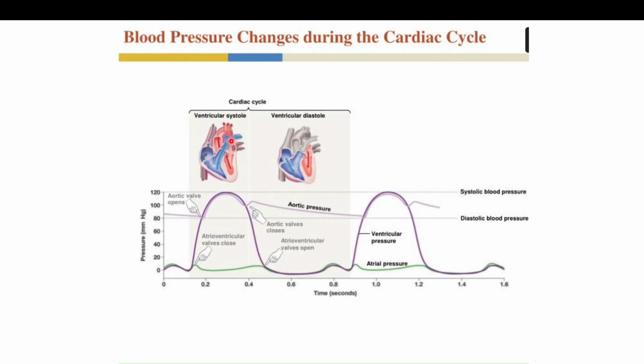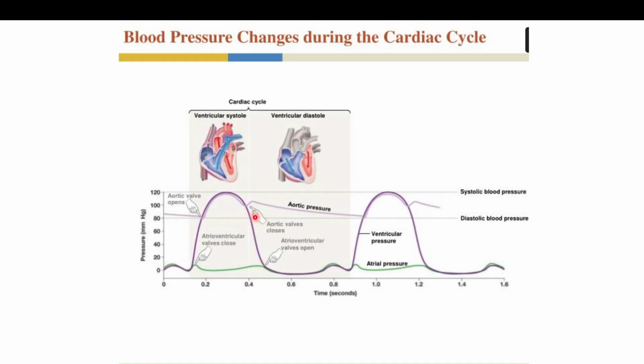So, first is the ventricular systole, where the ventricles contract, and ventricular diastole, where the ventricles relax. Okay. So what happens is, the very first thing, the aortic valve opens. Okay. At this point, and then if you look at this particular line here, the aortic valve opens, then